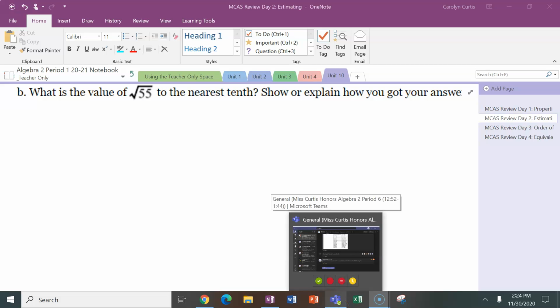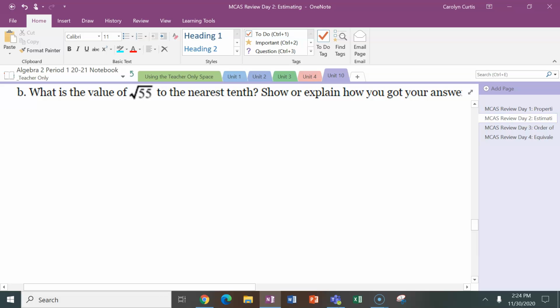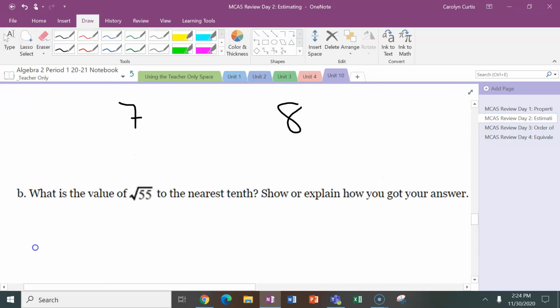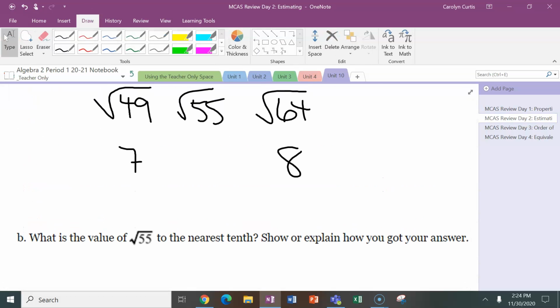This one's a little bit harder. It wants to know what the value of the square root of 55 is to the nearest tenth. So we know from part A that the square root of 55 was between 7 and 8, so we know it's going to be 7 point something. So the nearest tenth, remember, means we want one decimal place, and this is where it gets a little